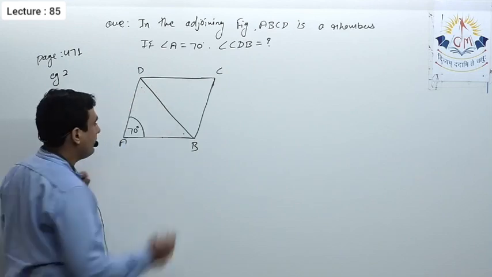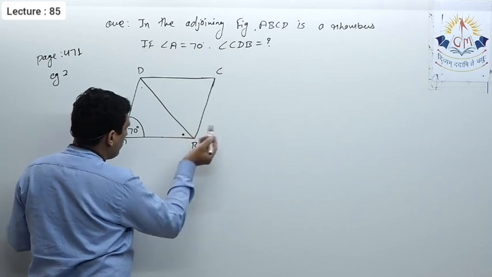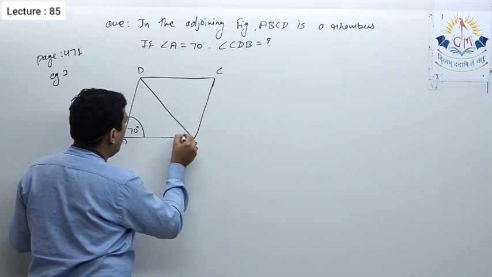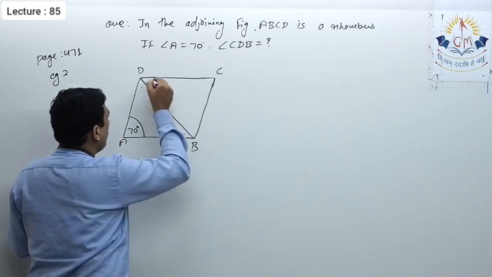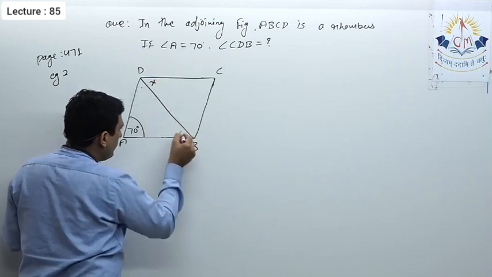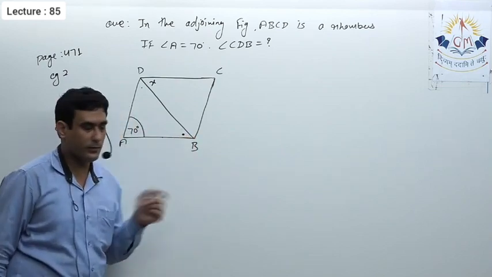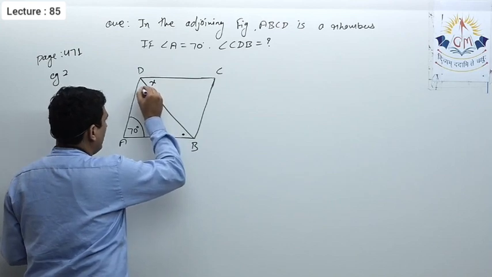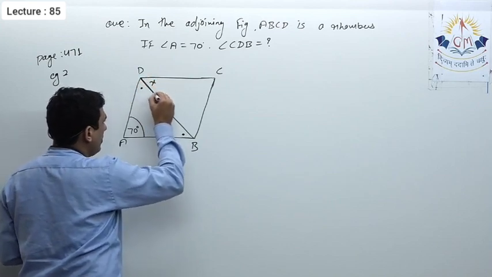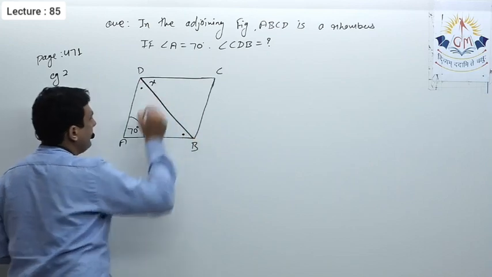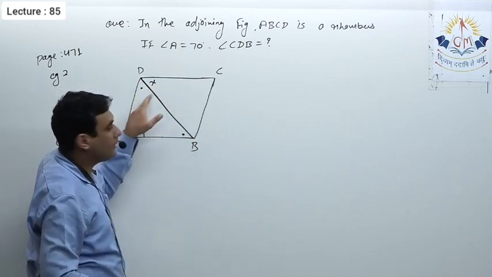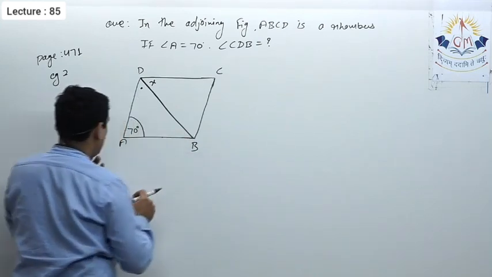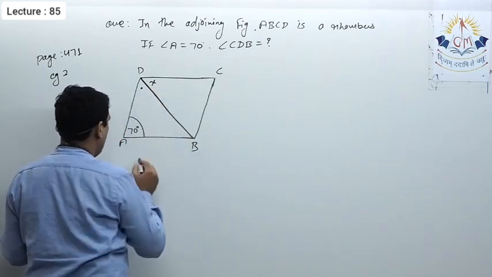Now, there are two ways. Suppose for a while this angle A is actually 55 degree. Then we have to find this X. So I can say X equal to this angle by alternate interior angles. This is one way. Another way, I can directly say, as this is 55 degree, these two angles are equal because the diagonal of a rhombus bisects the angle at the vertex. So by both ways we can find its measure. So let us see how to solve this.